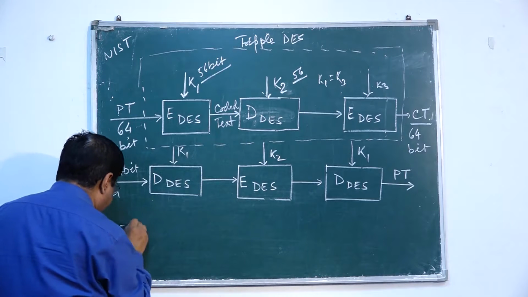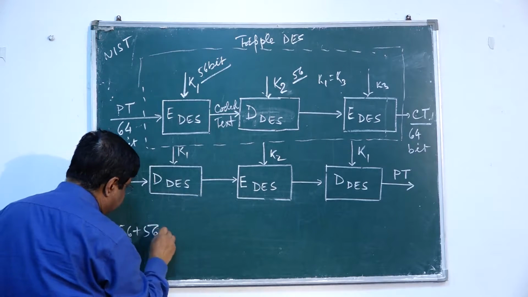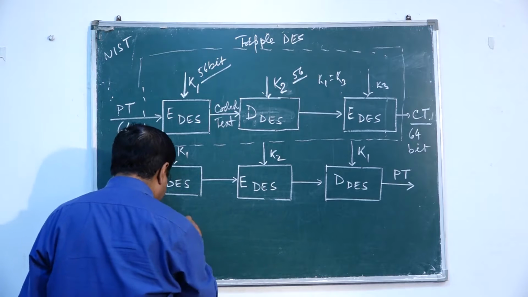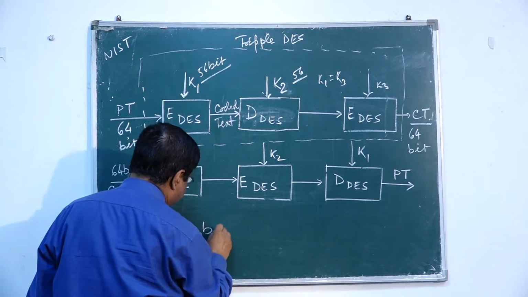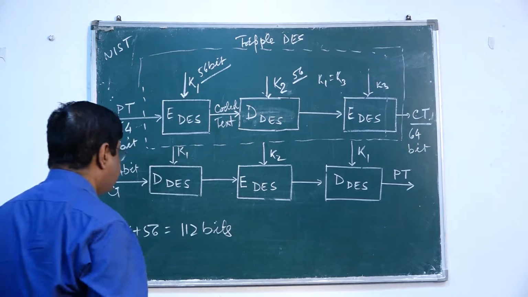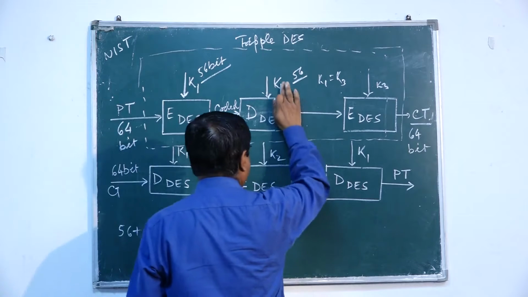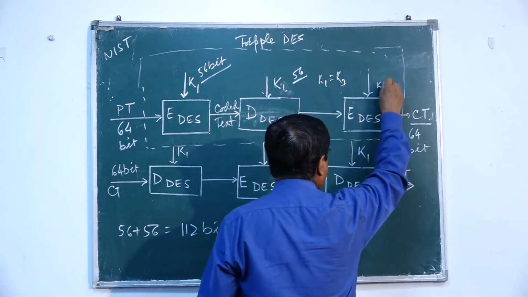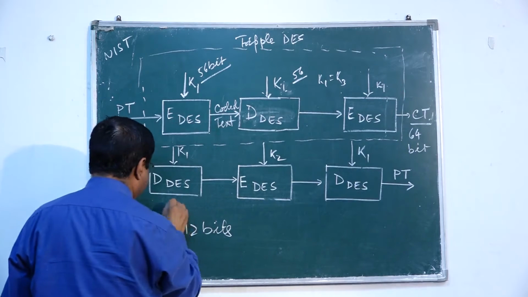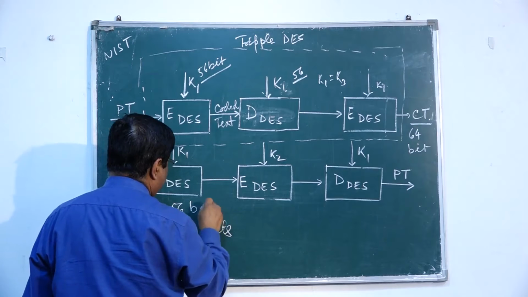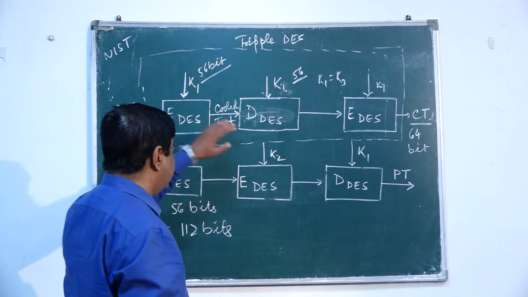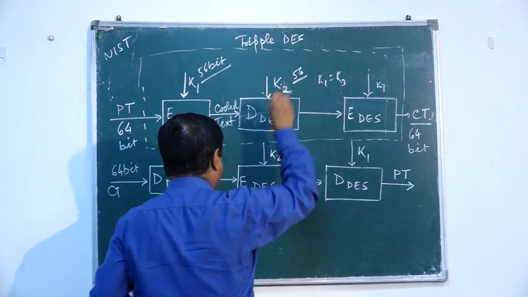It would be 56 plus 56 bits. The key space increases to 112 bits. Had it been K1, K1, K1, then the total key space would have been 56 bits only. Now, if we use a different key K2, then in that case